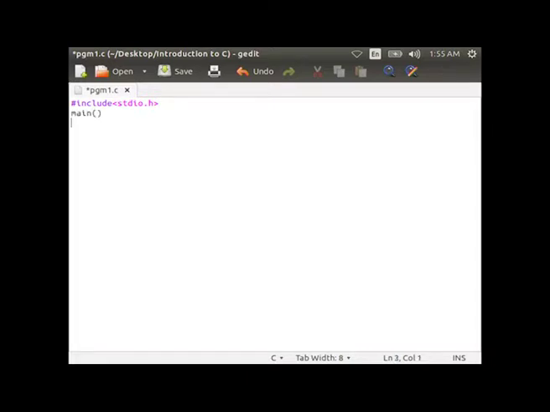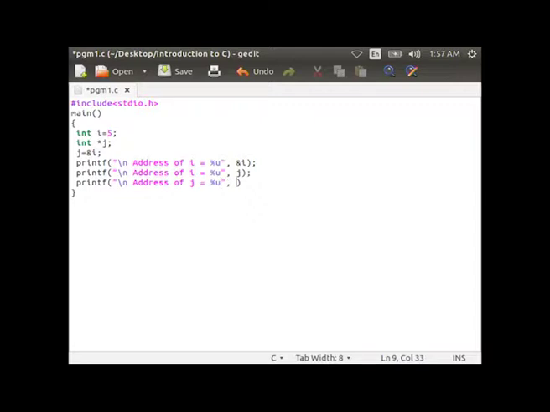We start the main function, main within curly braces, int i = 5, then declare the pointer variable int *j and j = &i, then printf address of i equal to %u, &i, printf address of i equal to %u, j, printf address of j equal to %u, &j, printf value of j equal to %u,